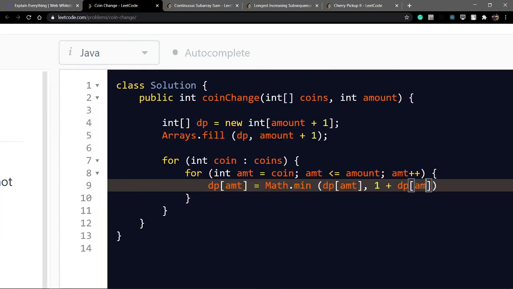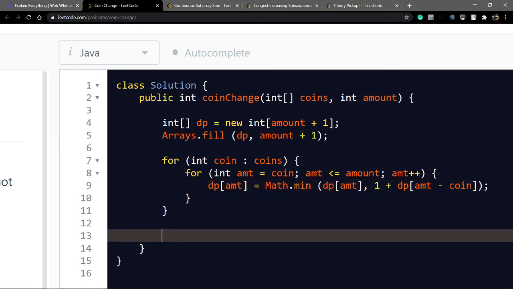Okay, this is the chance. After completing this, I return the last value: if dp of amount is less than or equal to amount, return the dp of amount, otherwise return minus 1.